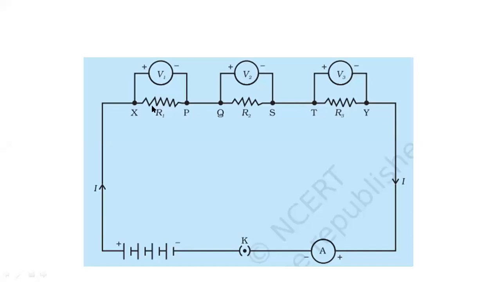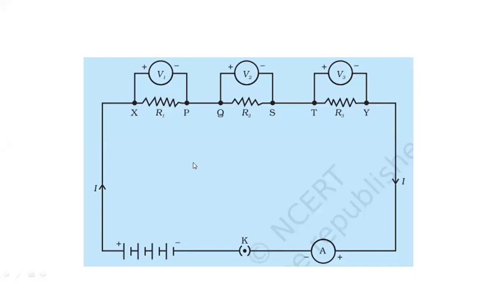Okay? So if we are talking about different points, basically it means that if we take 2 points, suppose, let's say X and P, focus on this diagram. There are 2 points here, point X, point P, and there is another pair, Q and S. So if I'm sending one charge from X to P, then I will say potential difference is done. Okay, that is the work done. कहाँ से कहाँ भेजा मैंने? X से P तक. Second time I have sent from Q to S, Q to S. ठीक है? That is also another potential difference.